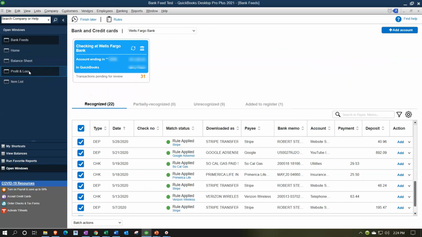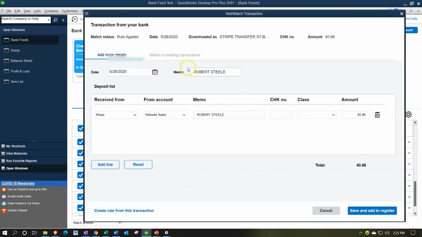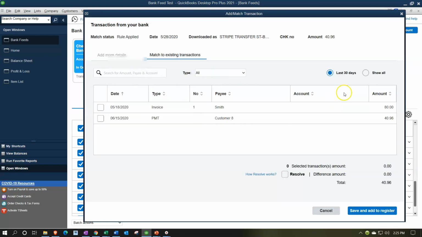and then I'm going to say, all right, now let's see that it cleared the bank. I'm looking for the 4096. So here's the 4096. So that's the one. I'm going to hit the drop down and say I need to match this. So let's go to add more details, and then I'll go to matching, and I want to look at all of them. And so there's the